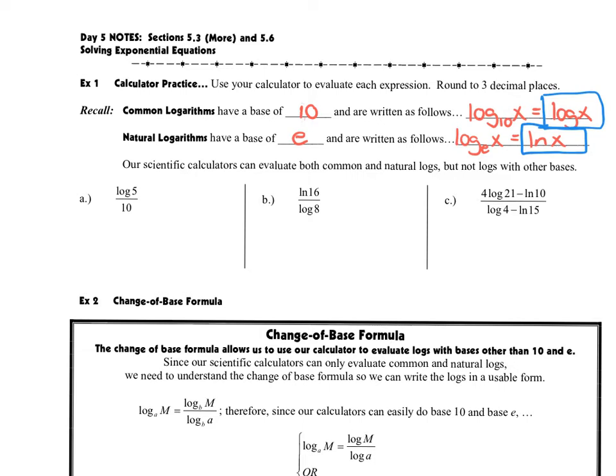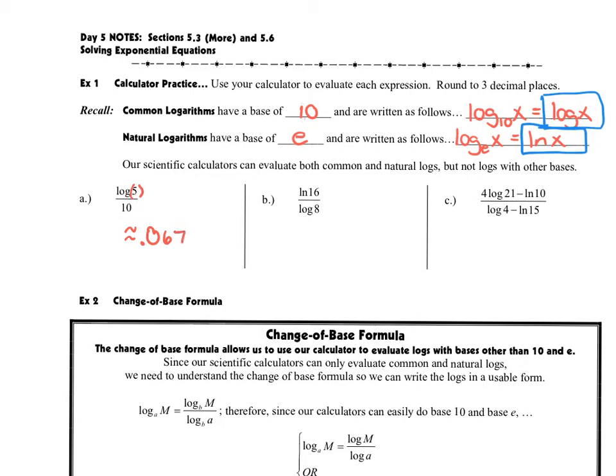So first, let's just do a little bit of calculator work. Have your calculator handy. What we want to do on this example A is type in log 5. Now that's our common log, so we have to make sure to press the right button, and divide it by 10. When you type this in your calculator, depending on how it does the parentheses, you may need to actually put a closing parenthesis after the 5. Your calculator might start a parenthesis for you, and you need to close that. So when we type in log 5 and divide it by 10, if we are specifically going to round to 3 decimal places, that's our standard. When we round this to 3 decimal places, we should get